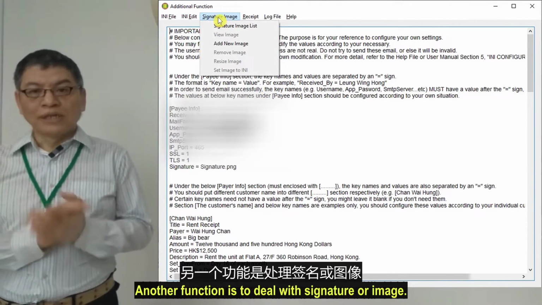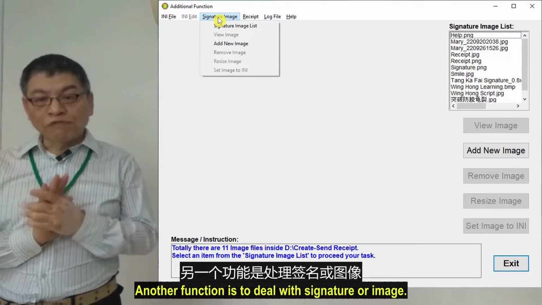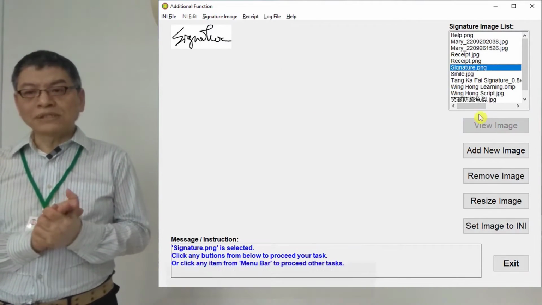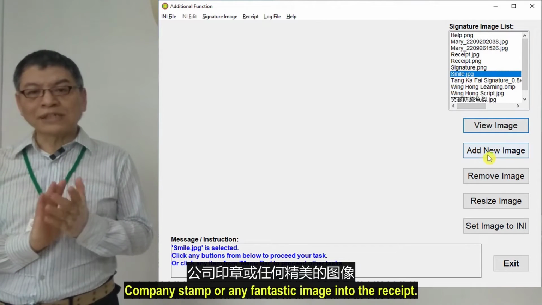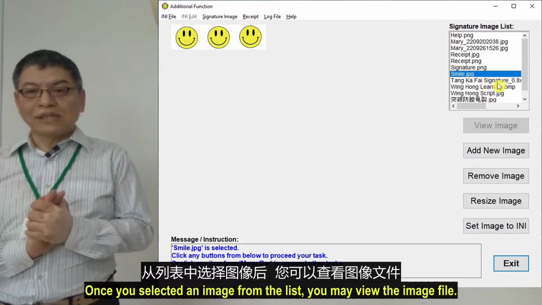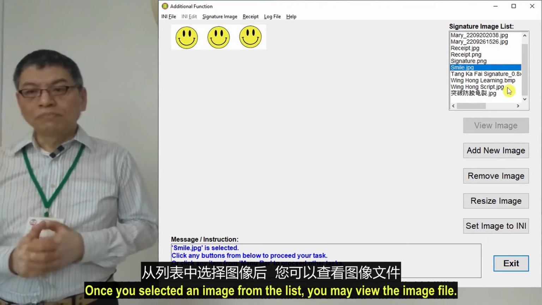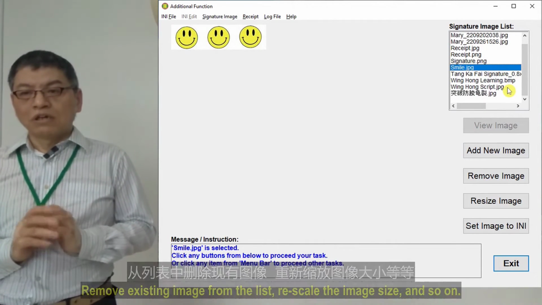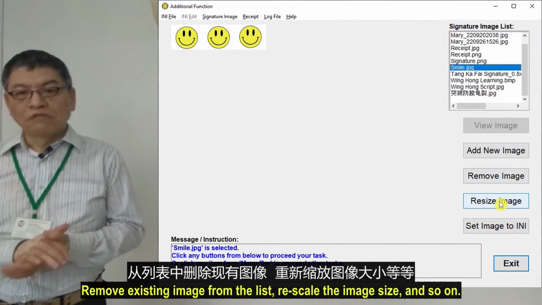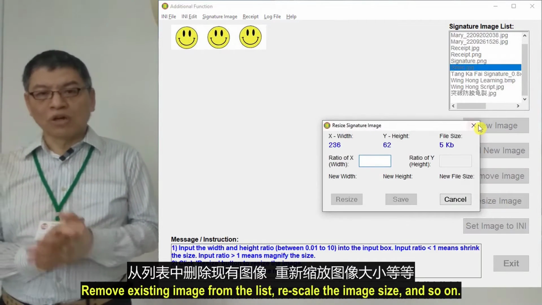Another function deals with signature images. You may integrate your own signature, company stamp, or any fantastic image into the receipt. Once you select an image from the list, you may view the image file, remove the existing image from the list, rescale the image size, and so on.